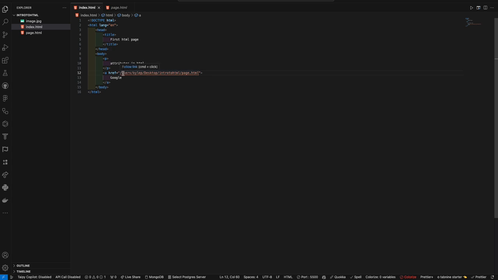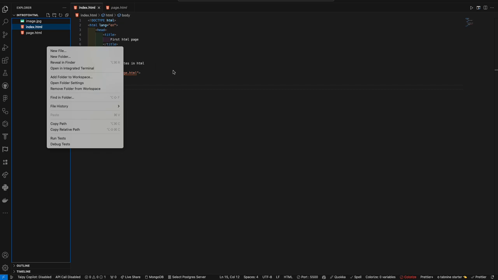So it would be the user, your username or whatever admin or wherever the file is located, and then the folder that was created, and then the file name. But in simplicity, you want to use the relative URL, and this would be so much easier